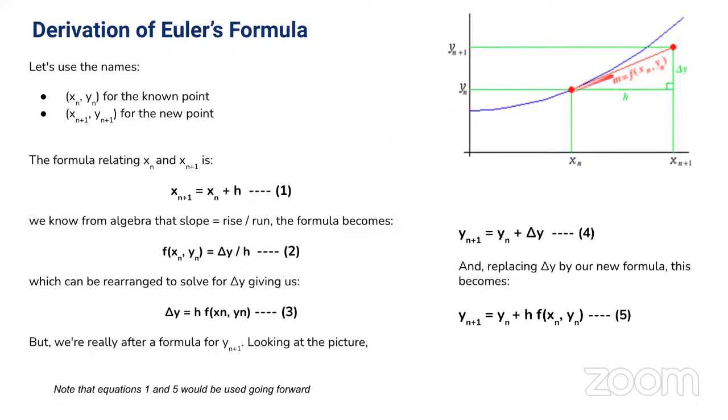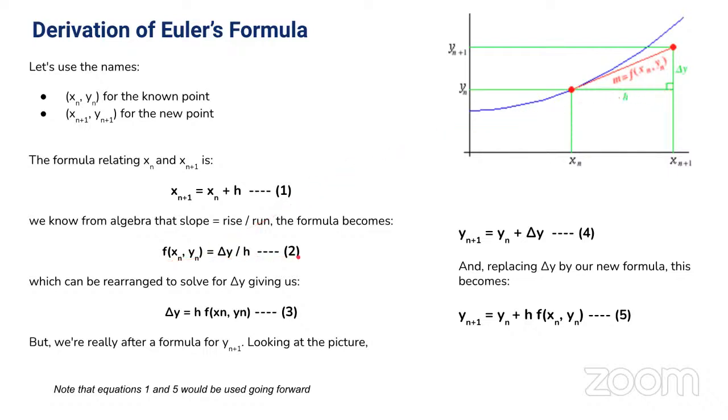Now, from our algebra, we know that our slope here is represented as, some people just say rise over run, or your change in y-axis over your change in x-axis between the 2 points that you have selected. So our slope here, which I had mentioned, is a function of x and y, depending on the given point you are using, is going to be our change in y over our h, which is equation 2 that is